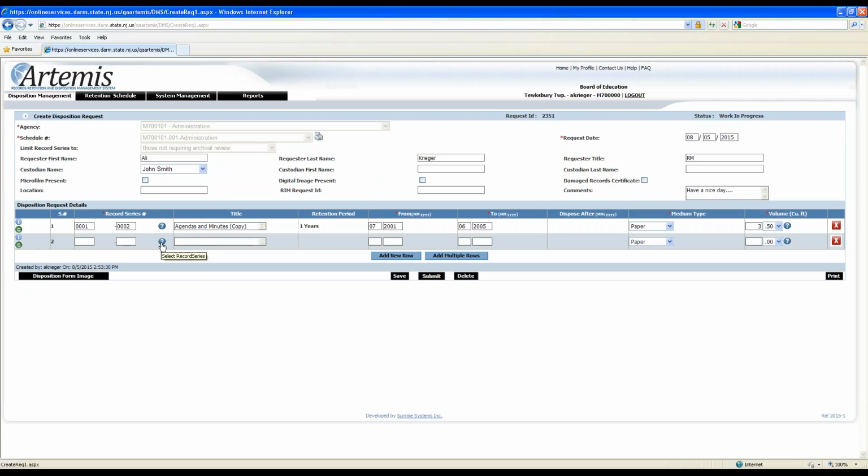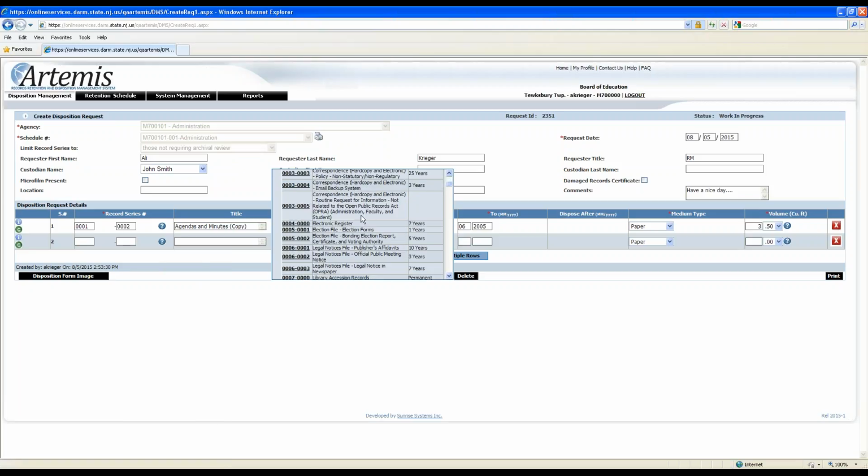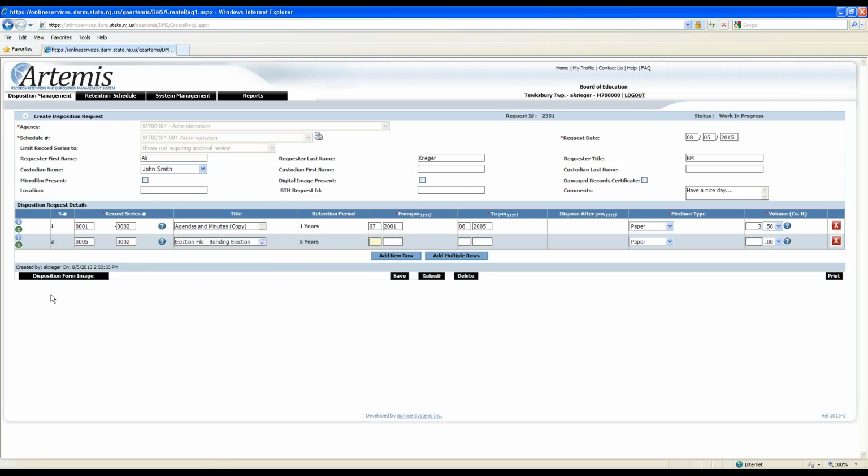That gives me a pop-up box with all my record series numbers in numerical order, along with the record series title and the retention period. I can scroll down and pick, let's say, this election file right here. I click on the record series number, and it will populate the number, the title, and the retention period.